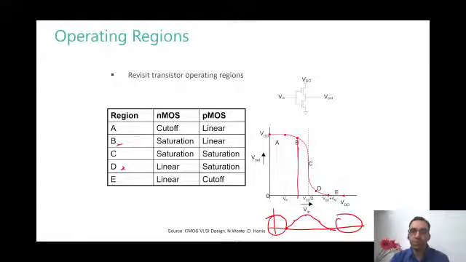Yes, there was a question. Yes, sir. When both the devices, NMOS and PMOS, are in saturation, I am seeing that I have the maximum amount of current. So this will be the point associated with the maximum power dissipation, right? But what exactly is the utility of this region? Is this static power or dynamic power?